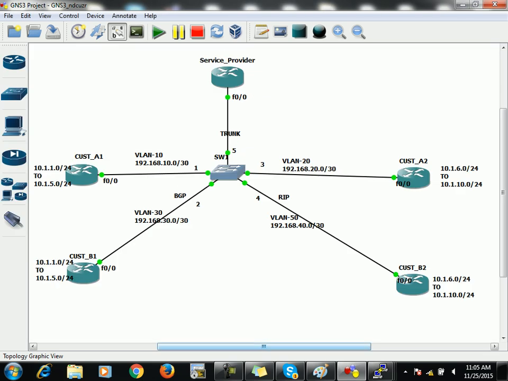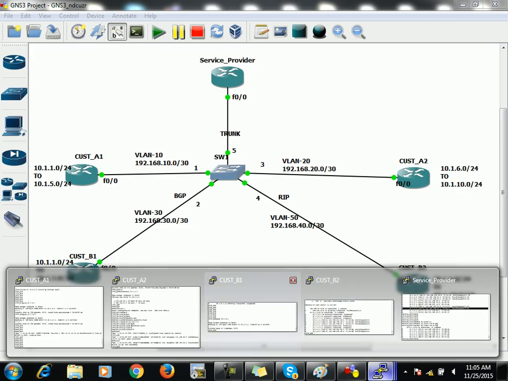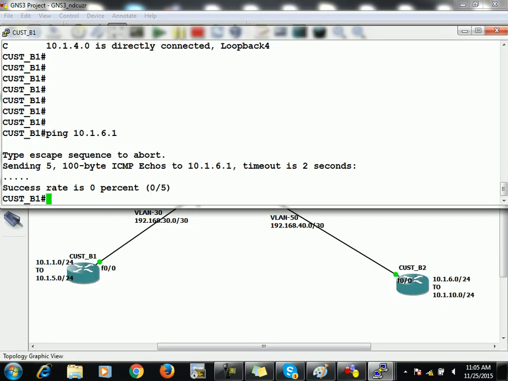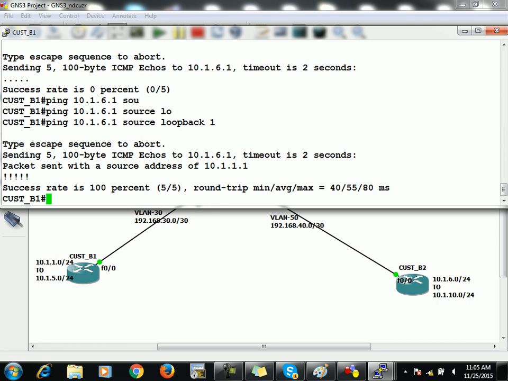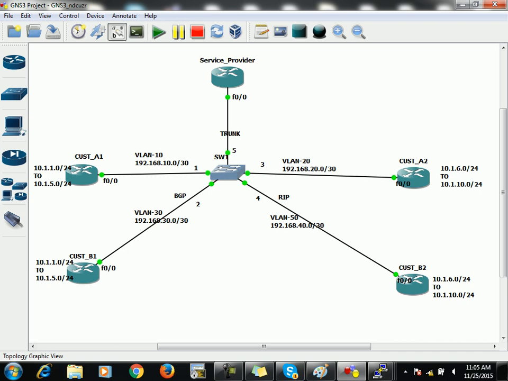So basically, if I am pinging from customer B1, in source it is taking 30.2, but if I put the source as loopback 1, it will work fine, because at that moment it is not having a reverse path. Customer B2 does not have this 30's prefix in its routing table. To have that,